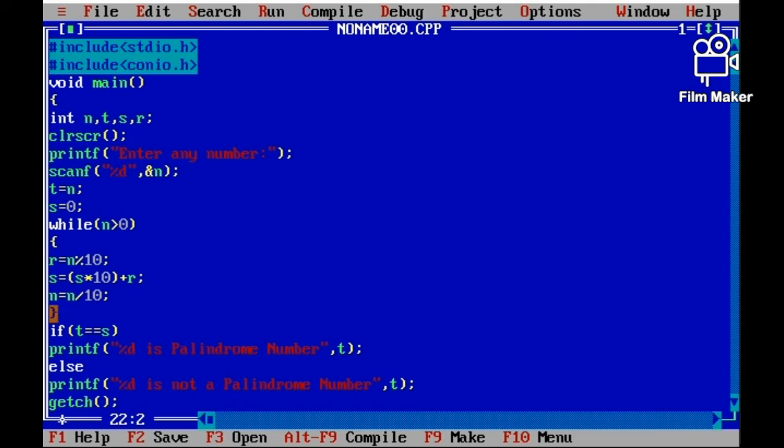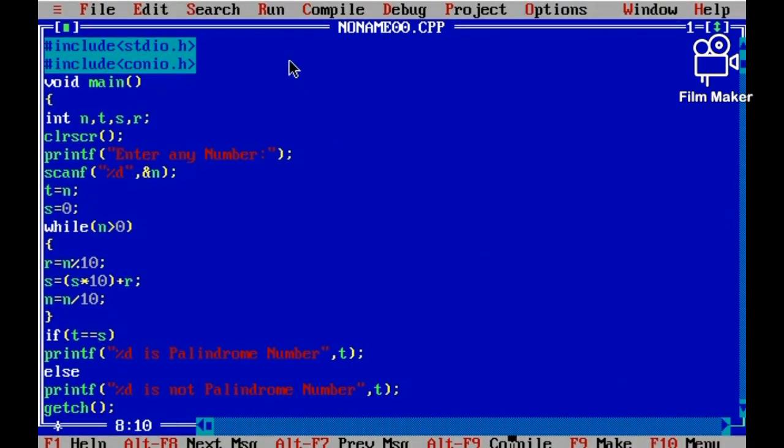After that n is further divided by 10. It is the logic of this program. If t equal to s, then only it will be a palindrome number, otherwise it is not a palindrome number.